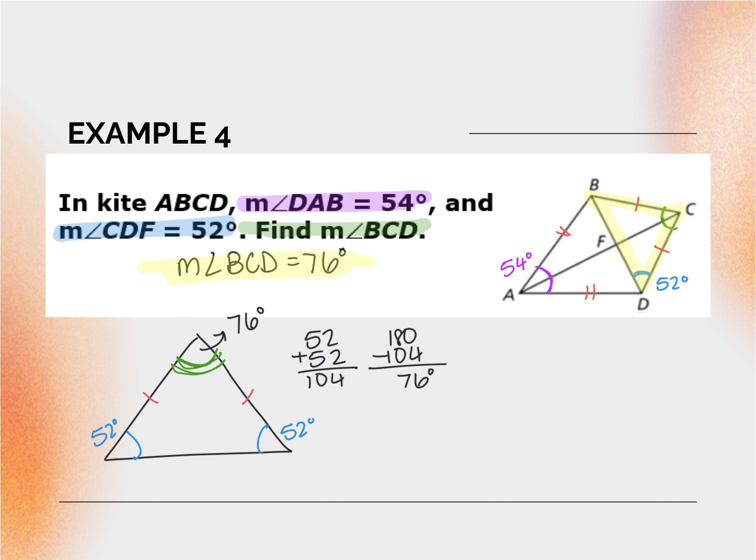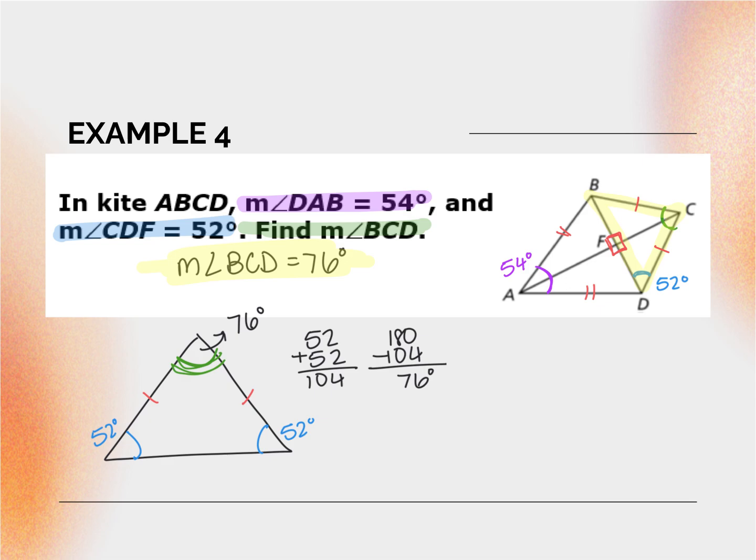All right, could you have looked at a different triangle? Yeah, you could have looked at this triangle as well. How do I know this angle? Because the diagonals of your kites intersect perpendicularly. So I know that that's going to be 90 degrees. Then I would have 90 and 56 would give me this half, and then these two are going to be congruent. So there's quite a few ways you can look at this and solve this depending on what's given. So you can look at it using triangles, and keep in mind the measure of the interior of a triangle